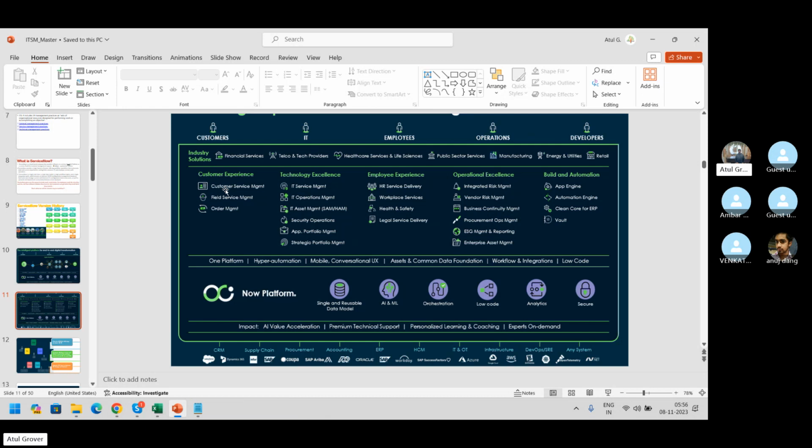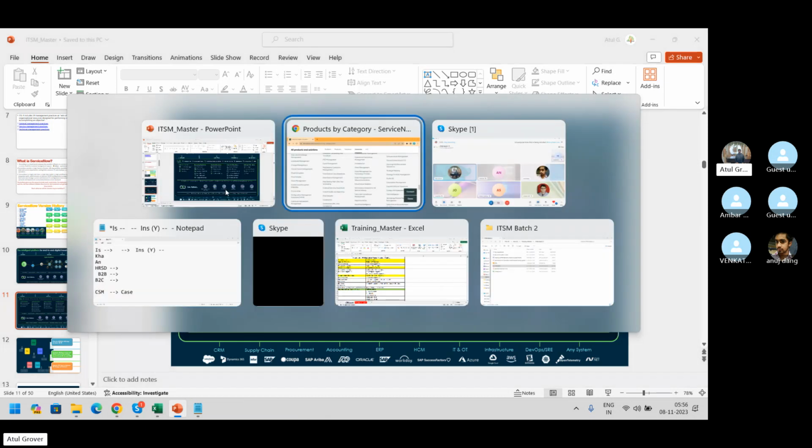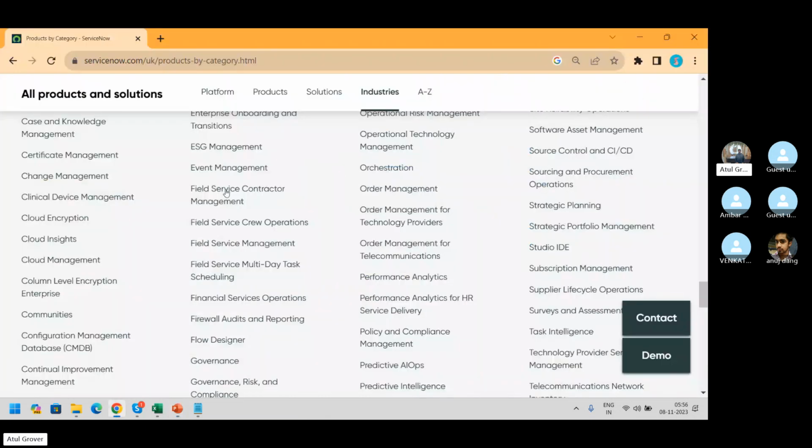Because if you search on your own, you will get a lot of new things. So even if I speak practically, maybe I just know 10-20% of these products, not 100%. That is why I'm saying read these names. At least when you read the name, you know that okay, ServiceNow has something on that particular part as well. Okay, so that is the part.